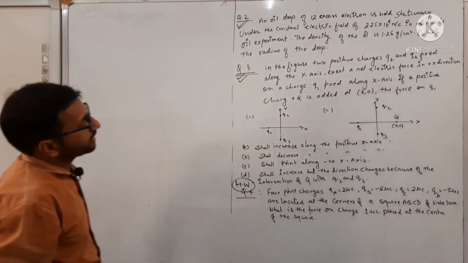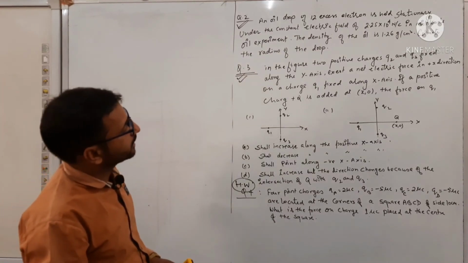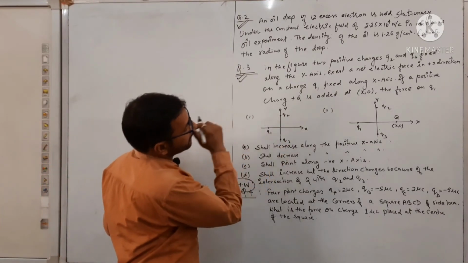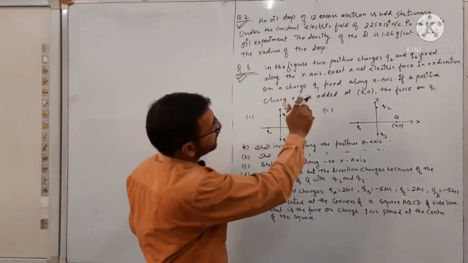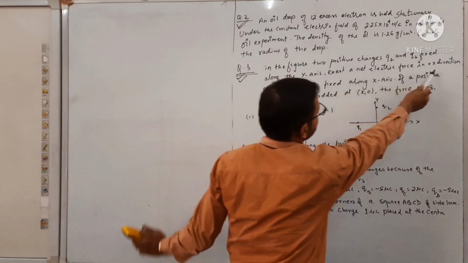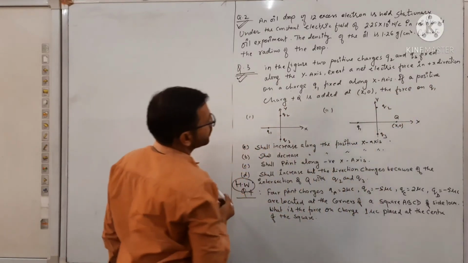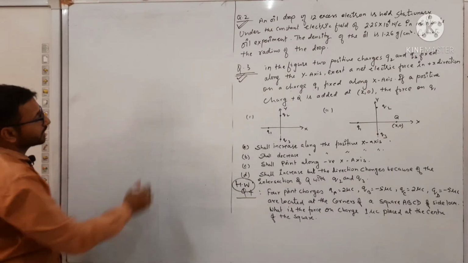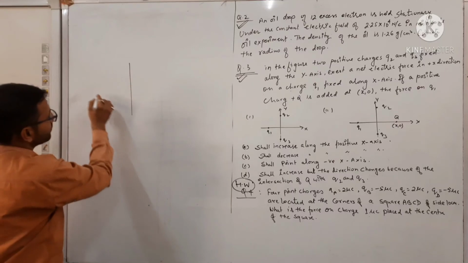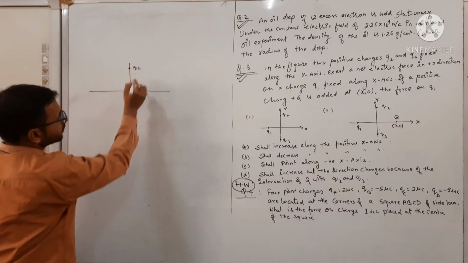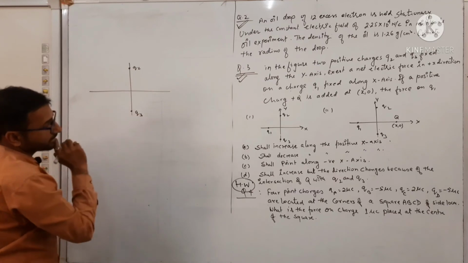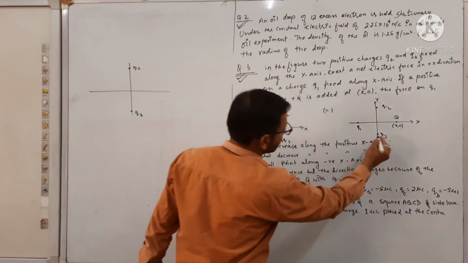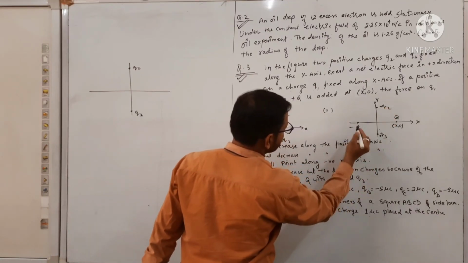In the given figure, two positive point charges, Q2 and Q3, are fixed along the y-axis, and they exert a net electric force in the plus x direction on the charge Q1. Let me see how the charge is along Q1, because from the first diagram you can see we have two charges, Q2 and Q3, and this diagram is incomplete, so this charge is negative, it is positive here, it is also positive, it is negative.